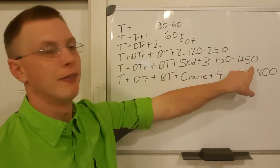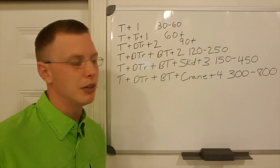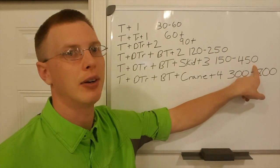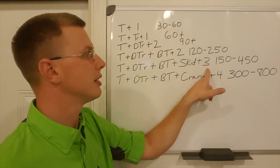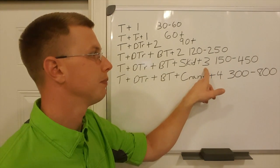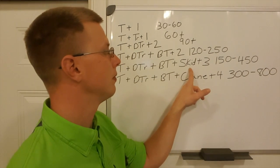So the 450, if you haven't seen inside of a tree business yet, that may sound like a lot, but you can get to where with that setup, it would be hard to take 3 guys and not get $450 an hour. Okay, it depends. Now, if you're in the city, it may not be, but I would consider it more realistic with 4 guys. Because my dad had 2, and then I had me and my other guy. So you're looking at 4 guys total, and on our average days at this equipment setup,